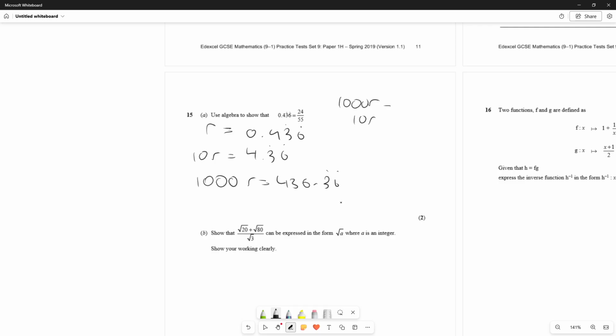1000r minus 10r equals 436.36 minus 4.36. Bam. And take that out, we get 432, and then r equals 432 over 240. No, not 240, sorry, 990. Now, in order to go from 990 to 55, we can just keep simplifying. So let's first just divide by